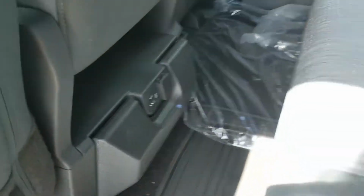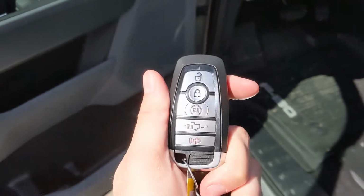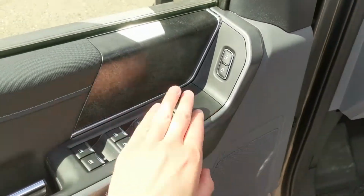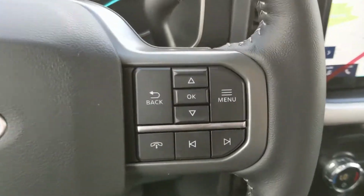12-volt power outlet. And then looking into the front, this truck does have a remote start, so no need to go outside on those cold mornings to warm up your vehicle. And looking in, you have power windows, power mirrors, and power locks, as well as a fully power adjustable driver's seat. And sitting in the truck with it running and looking at the steering wheel, on the right hand side